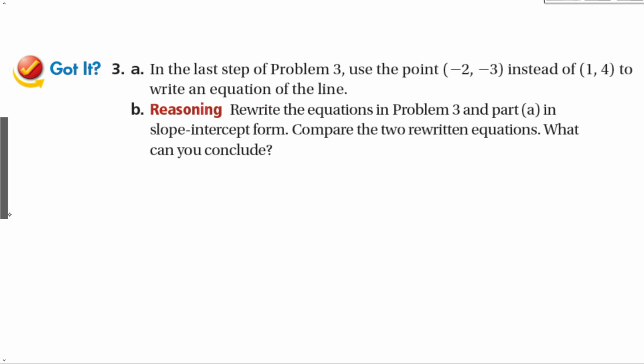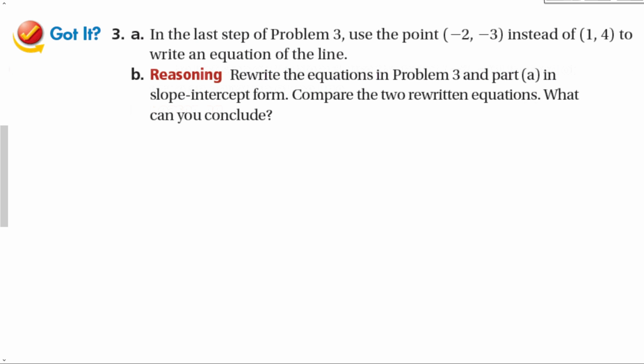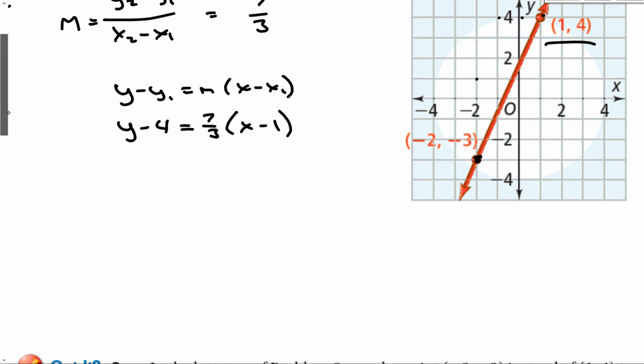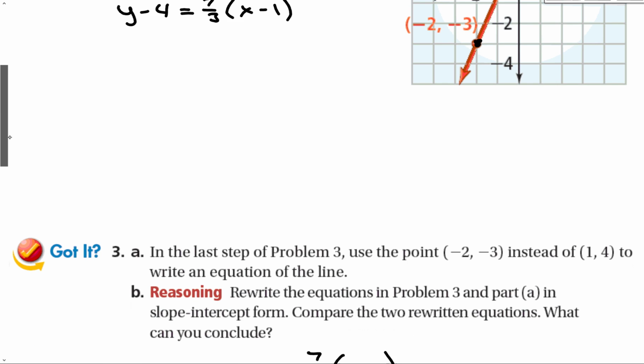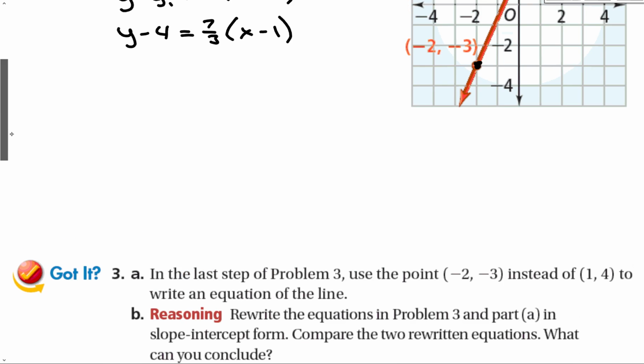Now to my got it problem. In the last step of problem 3, use point -2 comma 3 instead of 1, 4. So instead, that would be y plus 3 is equal to 7 over 3 times x plus 2. Well, if I look at these two equations, it seems like they are different. Okay? But